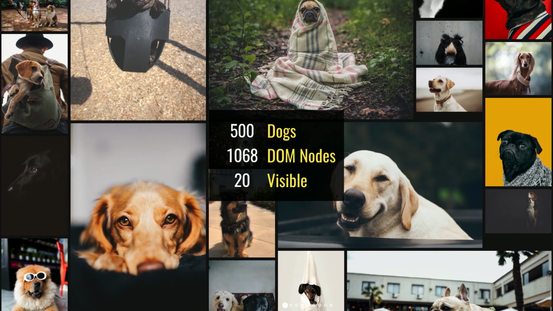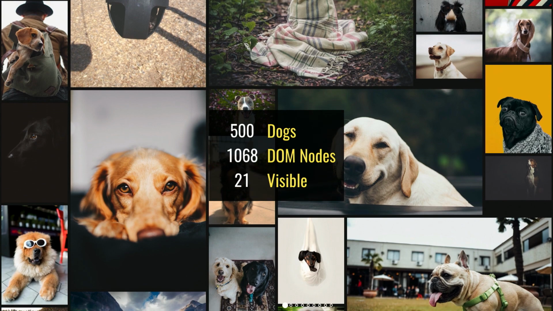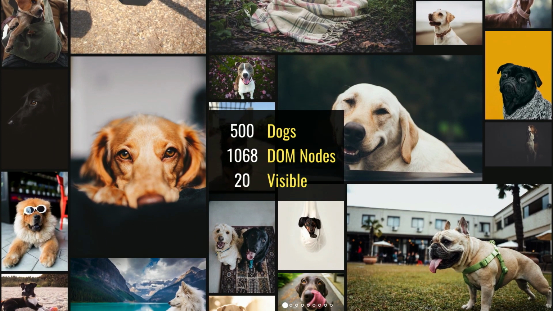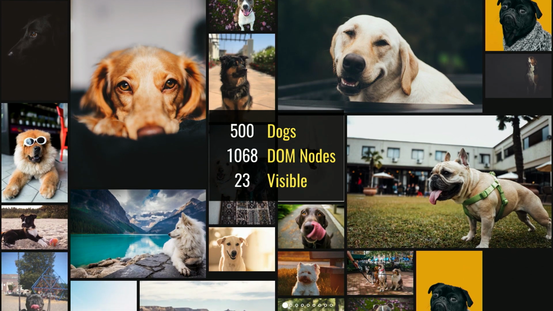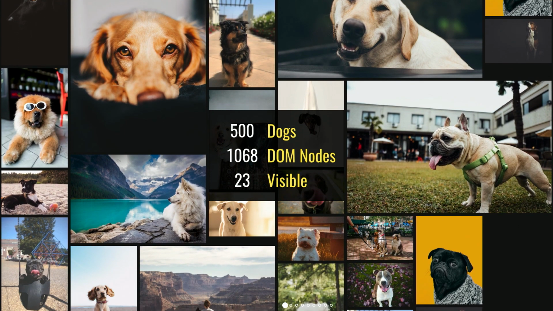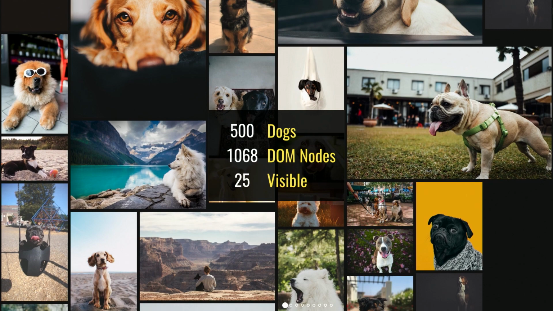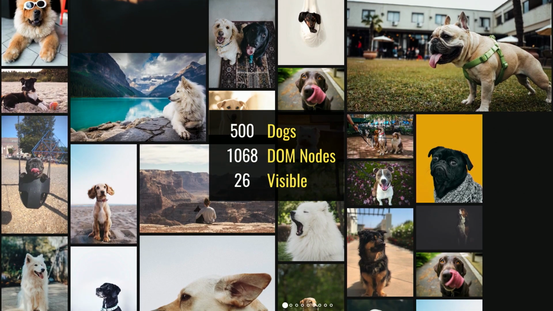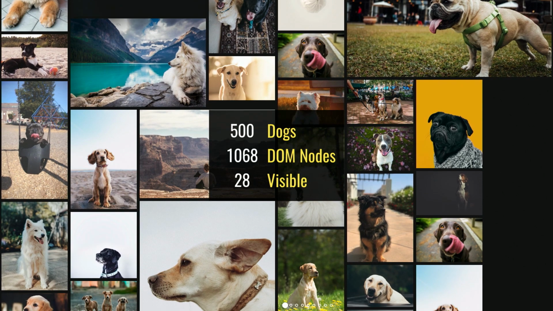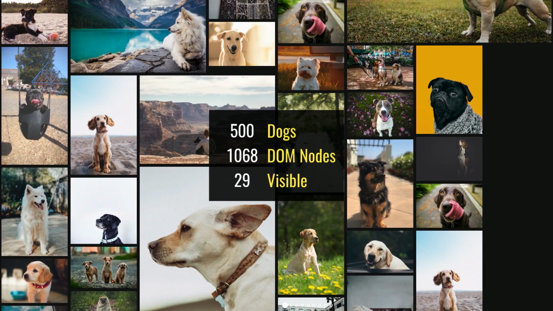So going back to my application, I looked deep down into how it was performing, and I found that for 500 dogs, we were actually rendering 2 DOM nodes per dog. And so we were rendering over 1,000 DOM nodes. And among those 500 dogs, at any given time, only about 24 were visible. So when you're only showing a subset of your layout, why show things that they might never see? Why render it? Why incur the network cost of it?